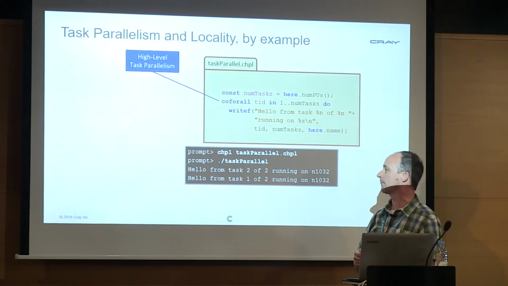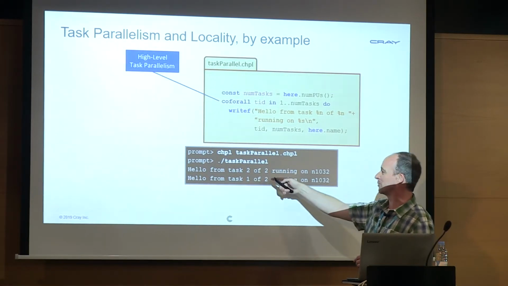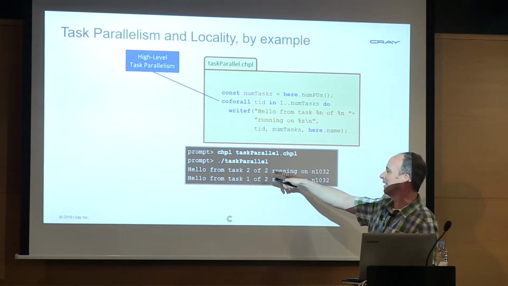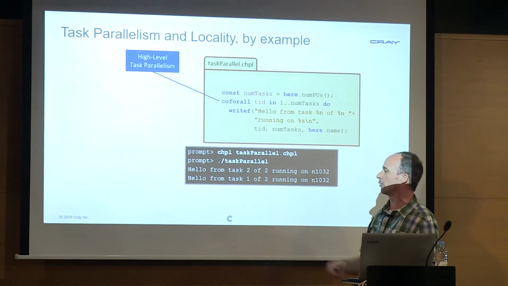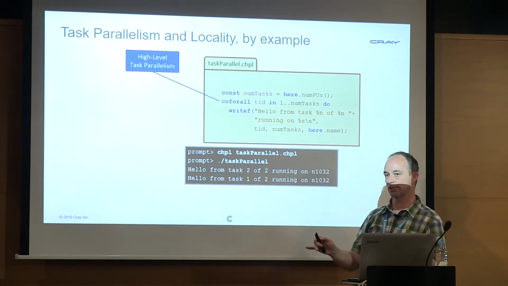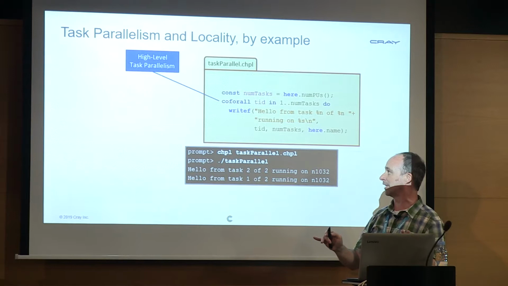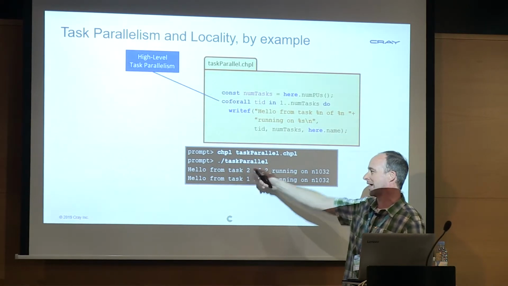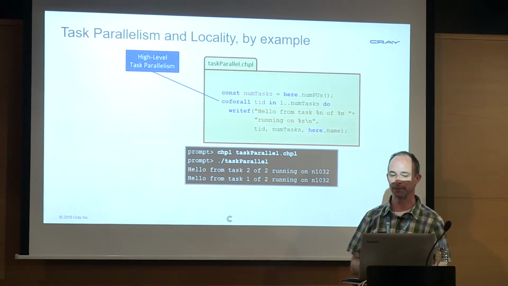of the loop body. In my example here, because I didn't have much space, I just made it a 2-core system. So if I ran this, I'd get 2 little hello world messages printed out. Because these are independent tasks and they're not at all synchronized, those messages could come out in either order. You can see, for example, in this run, task 2 happened to complete before task 1 did.